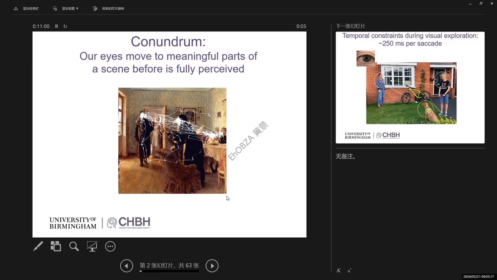Well, part of the solution is that objects out here, before we saccade to them, have to be pre-processed, right? So when we fixate here, these objects would be, for instance, in the parafoveal. Then we can talk about parafoveal processing. And the question is, how much information can be derived from the parafoveal already before the participants move their eyes?